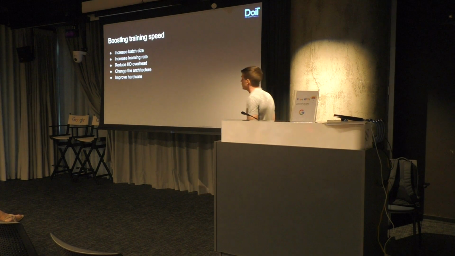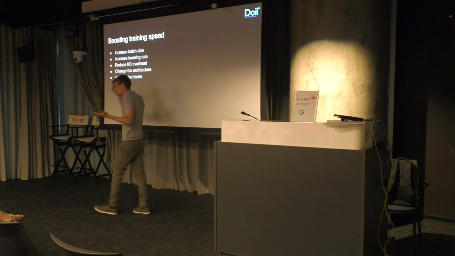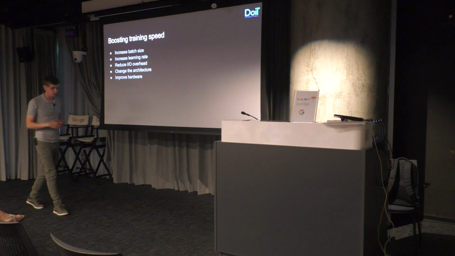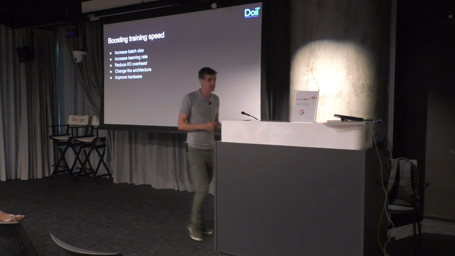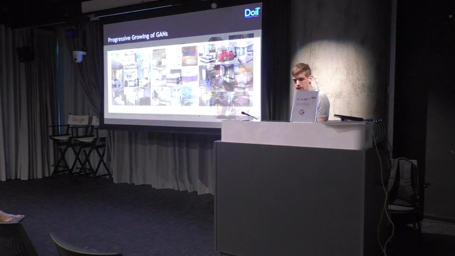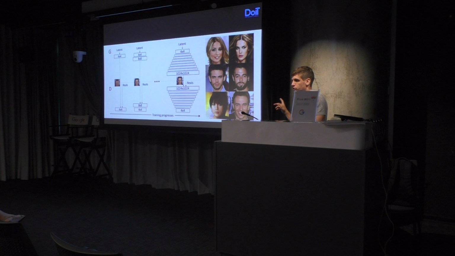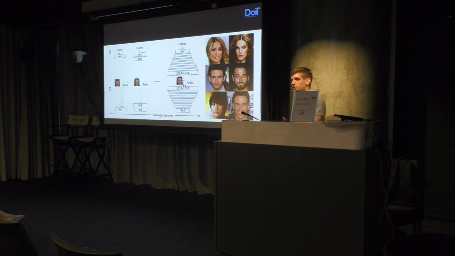So when we're training GANs, or generally when we're training neural networks, we have a few ways to increase the training speed. And why am I mentioning it? This GAN was trained for over 10 days to achieve these results, over multiple very powerful GPUs. So it's extremely difficult to do R&D when you have to wait 10 days and only then can you discover if your results are real, if you're going in the right direction, especially with GANs, where the loss is not really telling us anything.